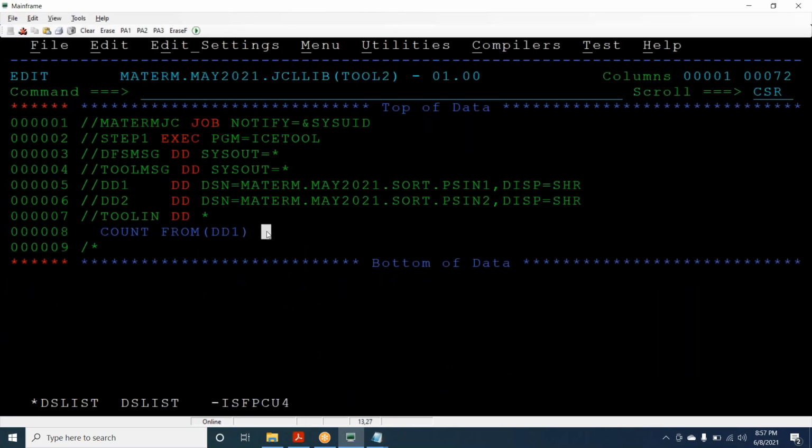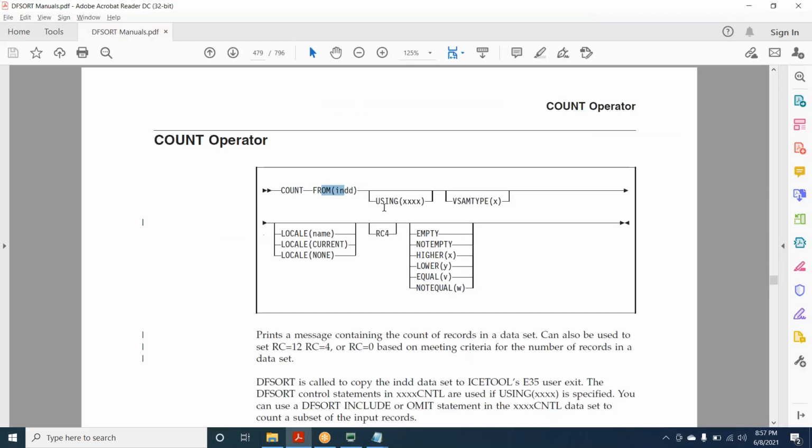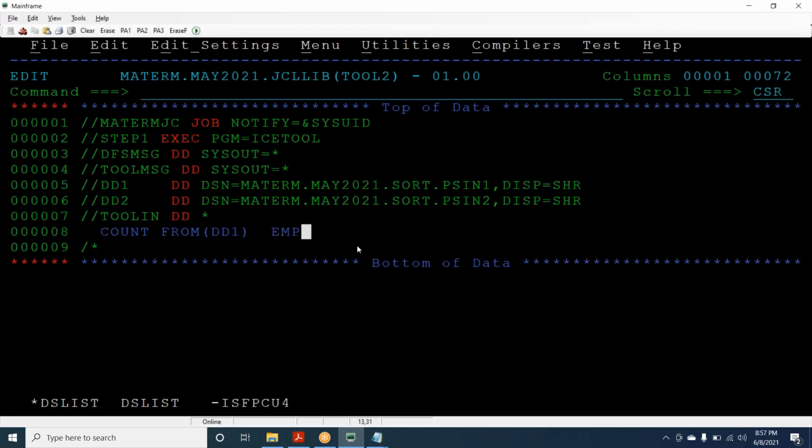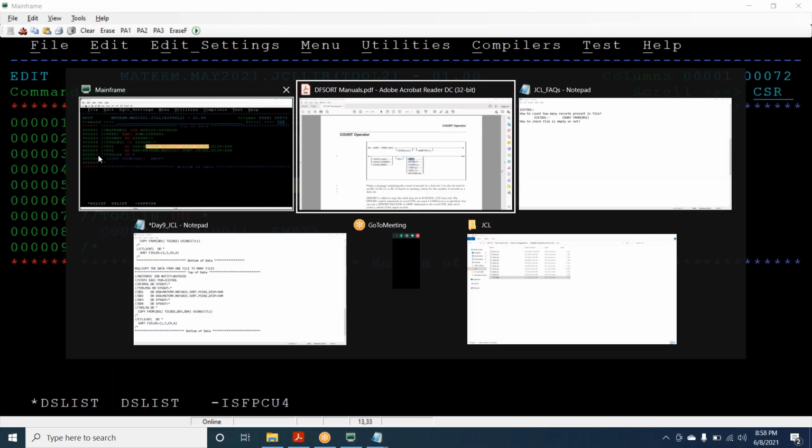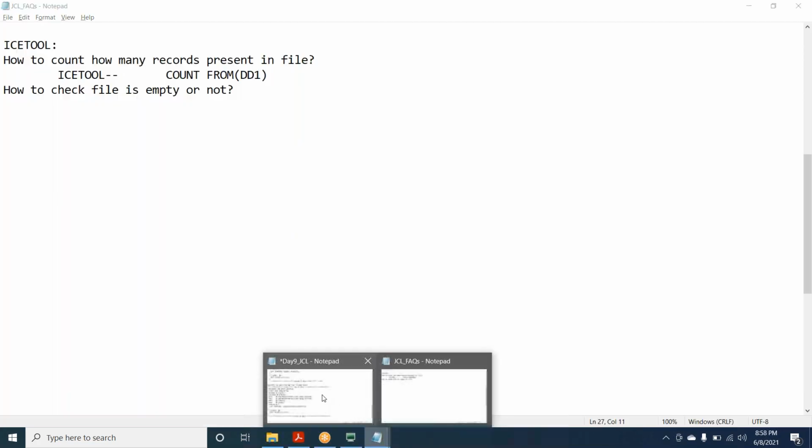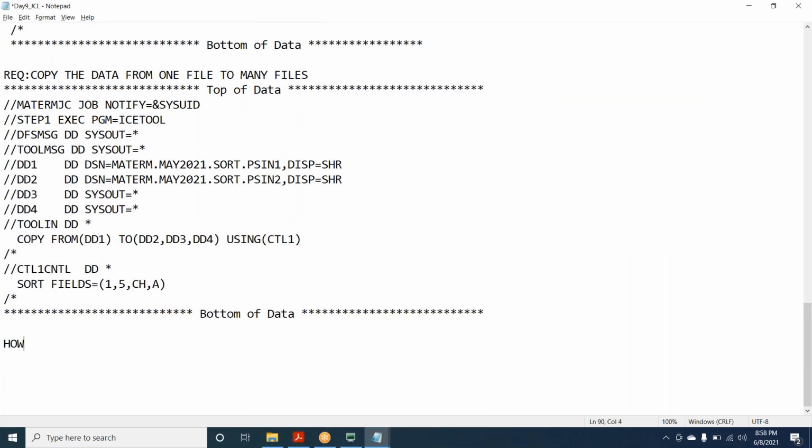Next. Let's give an empty file. Now guys, you tell me whether this particular file, do you think it is empty? How to check the file?